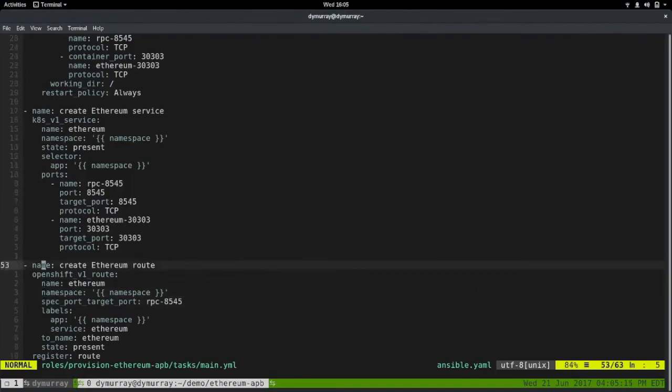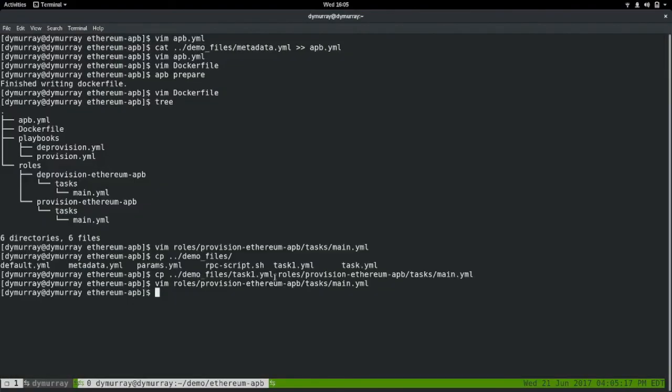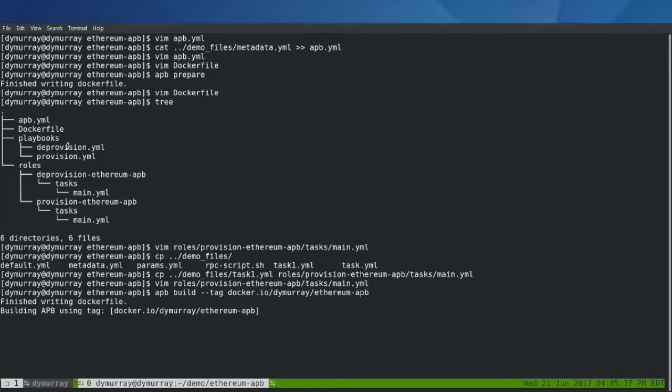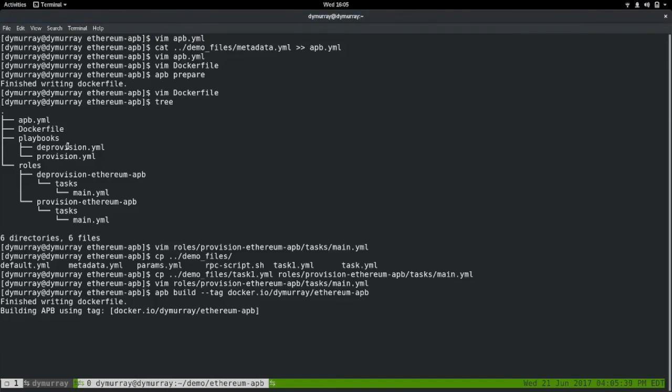Okay, so with this file, if we write it, all we have to do now is an APB build. I'm including a tag flag here because I want to include the registry, docker.io. If not, it would just use the image name in your spec file. And once this is built, you'll now have an image in your local Docker registry that you can actually deploy